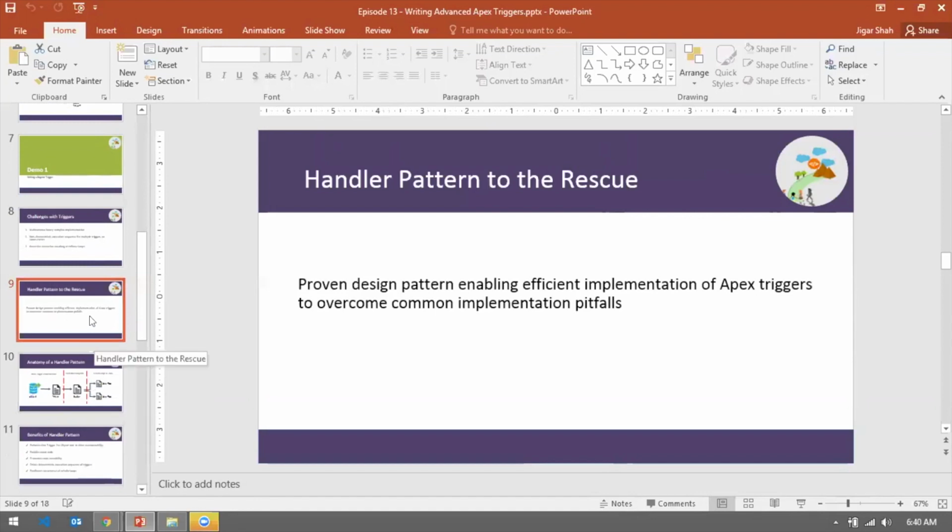And then we're going to take our original piece of code that we set up and saw a couple of minutes ago, where the logic itself was written in the trigger. We will try to dissect this piece of code and mold it into the trigger handler pattern. So before we do that, let's understand what exactly a trigger handler pattern is and how